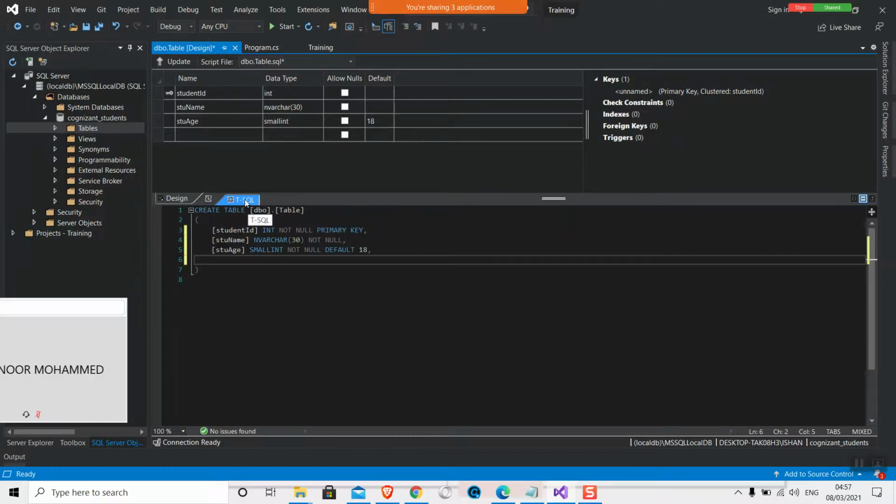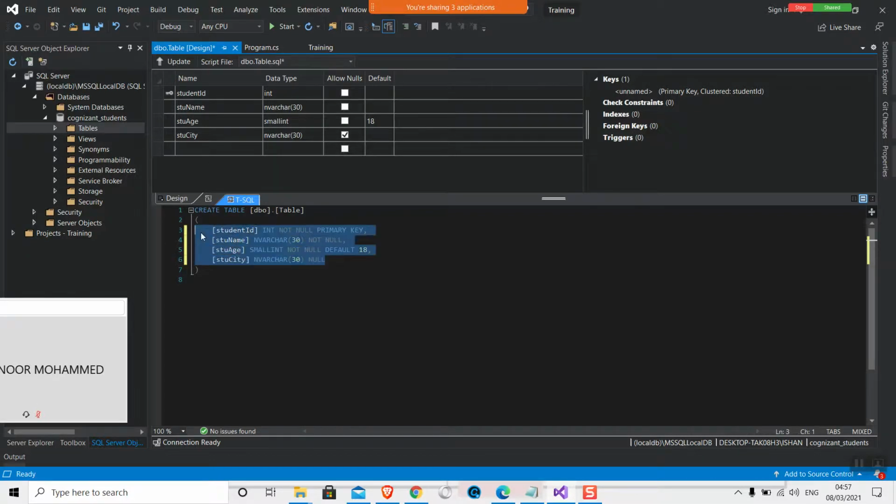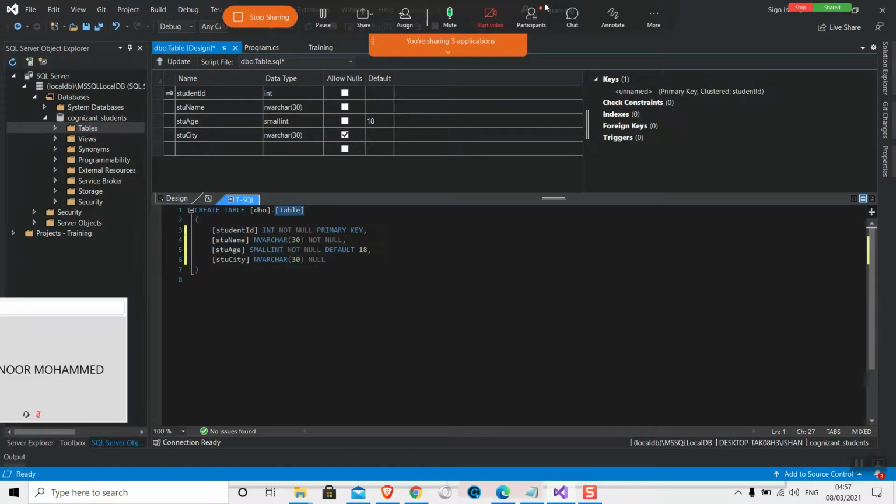There is always a T-SQL query box provided at the bottom of your UI. You can write down whatever columns you need, or even at a later stage you can change it or update your tables as well. Right now, I have written all the column names. Now I want to give a table name as well.